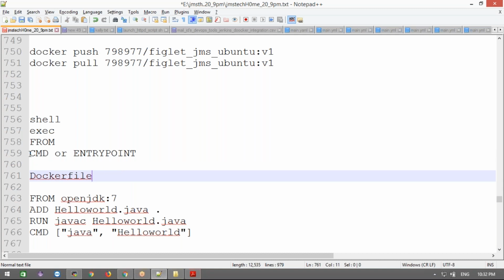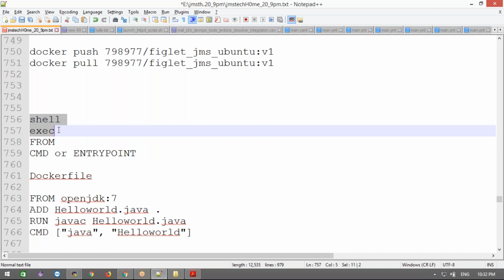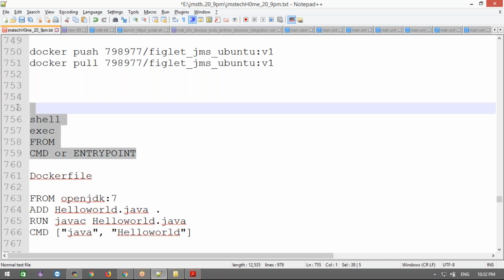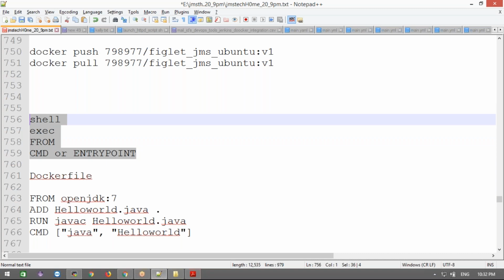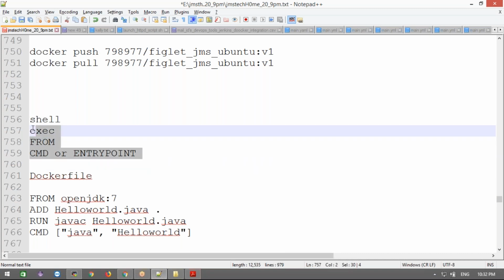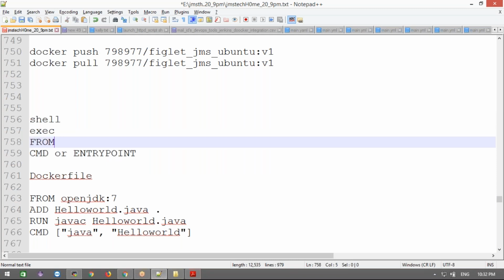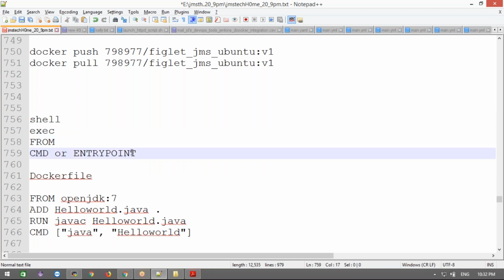We'll discuss the difference between CMD and ENTRYPOINT; both have a shell form and an exec form, and we'll discuss the difference between them. Tomorrow's class we are going to do this. I've written separate custom notes only for exec form and shell form, and I will show them to you tomorrow. Just remember the ending. I will upload the documentation.